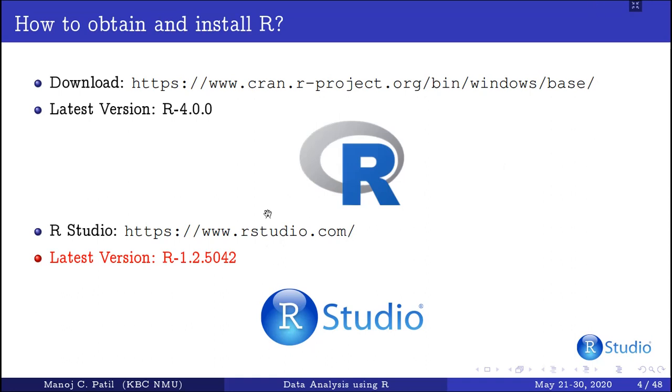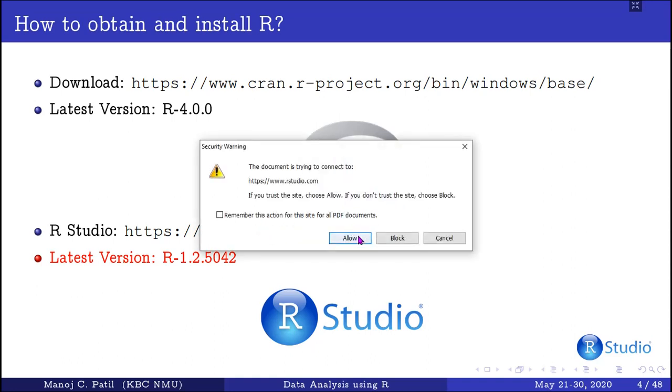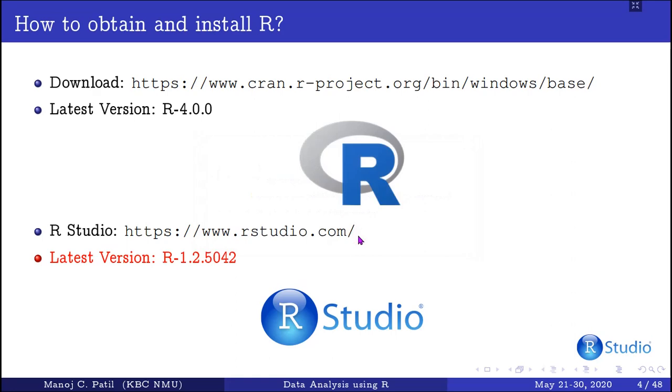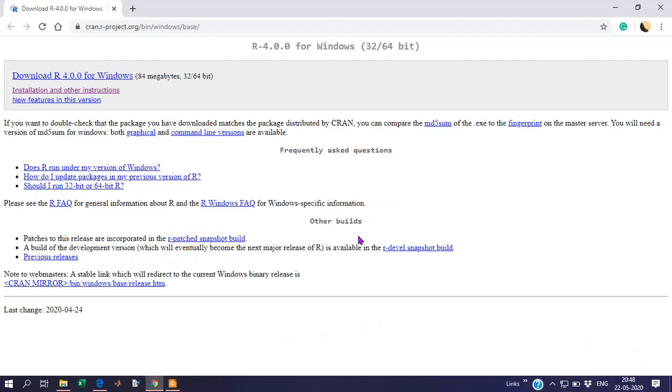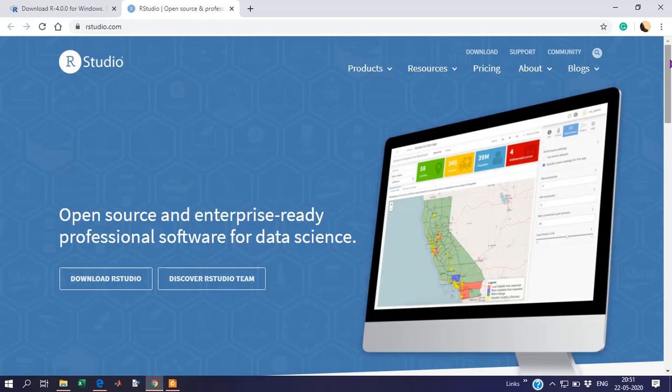Let me show. So this is the website for RStudio. As you can see here, it is open source and an enterprise-ready professional software for data science.